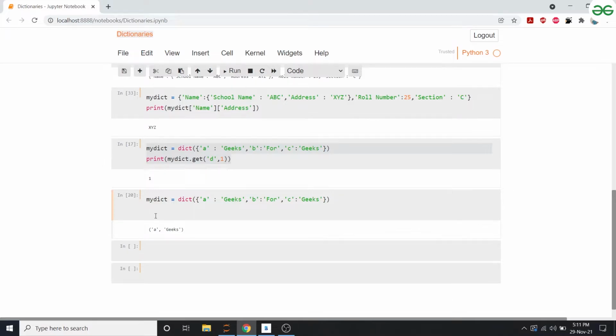So my dict dot items, and we'll convert that into a data type list, and then we want to access the first key value pair. So it gives me b comma 4, but I want to access only the value, not the key.